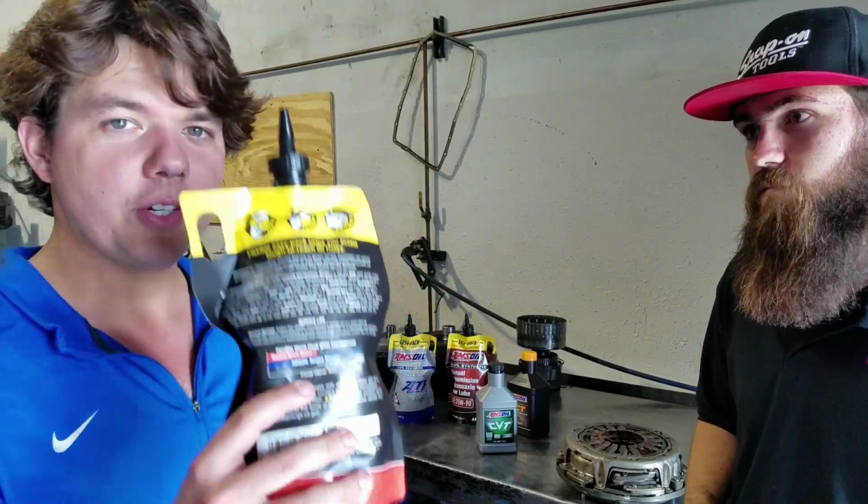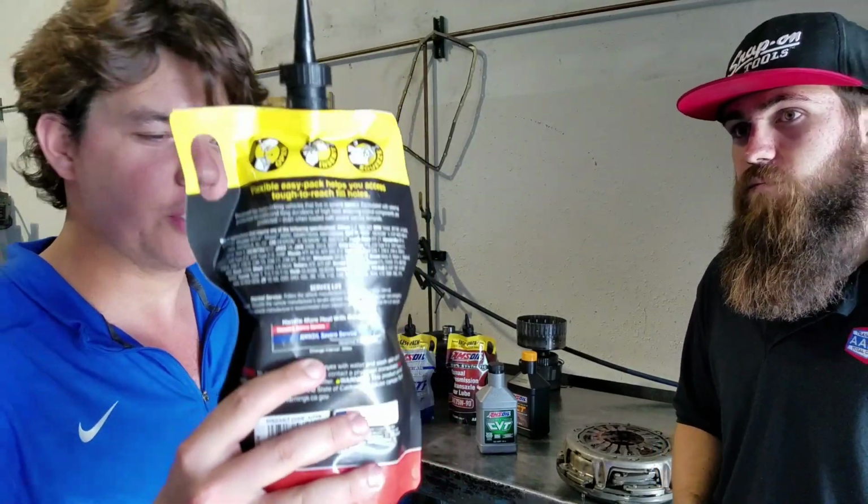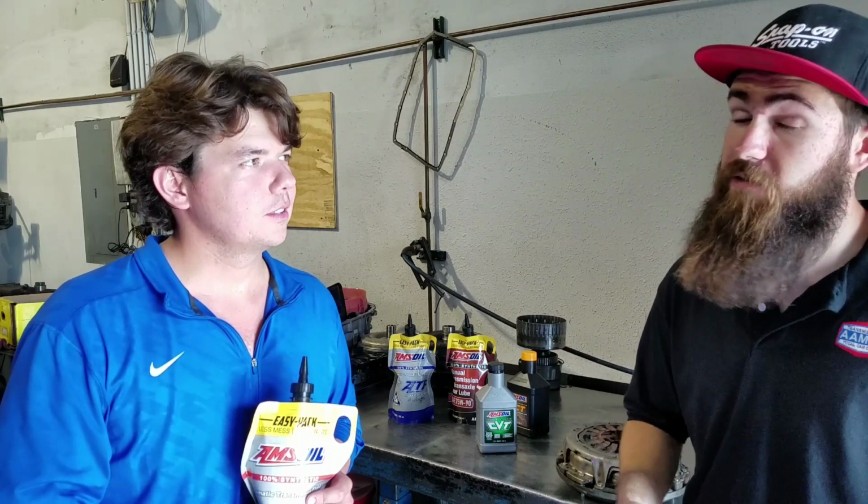One thing that makes this a little bit different than the other fluids, it's 100% synthetic, and you can do double the severe service of OEM. So if you're towing, stuff like that, the fluid actually oxidizes exponentially, and for every 18 degrees hotter your transmission runs, the fluid breaks down twice as fast. Heat is the biggest killer of transmissions. Almost every large truck that we have coming here, we always put on external coolers, especially if they're towing. In fact, I'm about to put one on my brand new Toyota